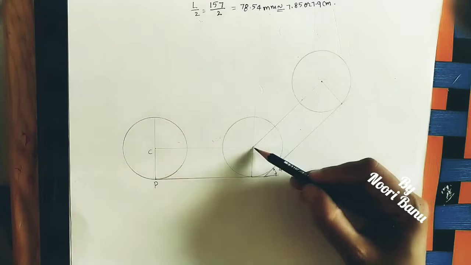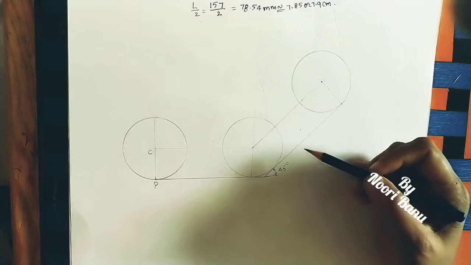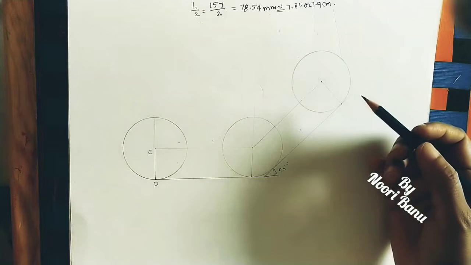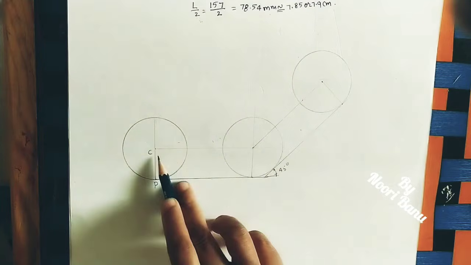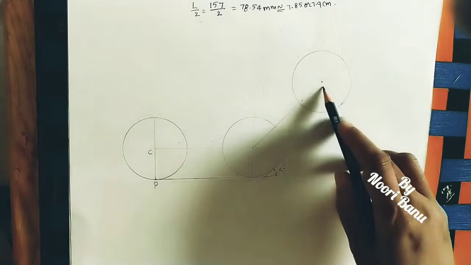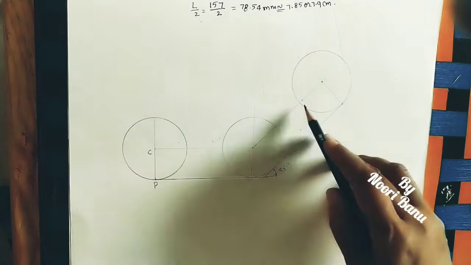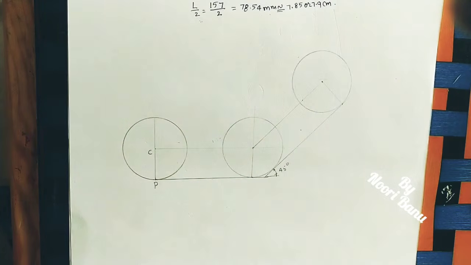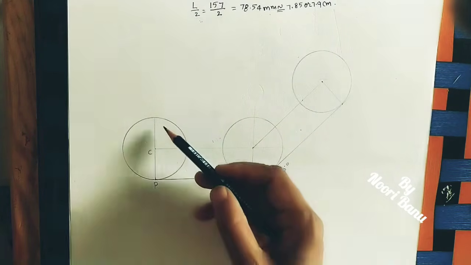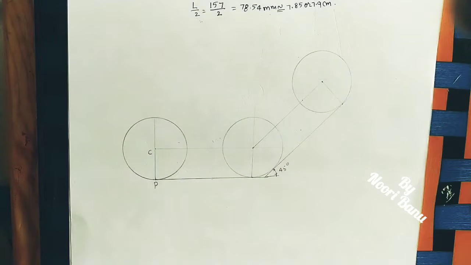Okay, and here also I will divide into 6 equal divisions. We can divide into any number of divisions. Here I will divide a total of 6 plus 6, 12 centers on this center line. So 12 parts I am dividing, which means here also I divide the circle into 12 equal divisions.